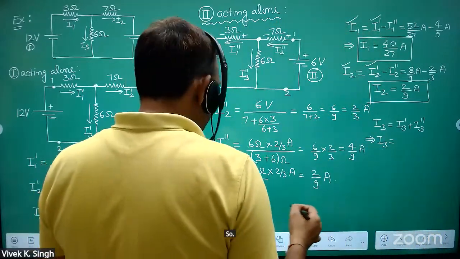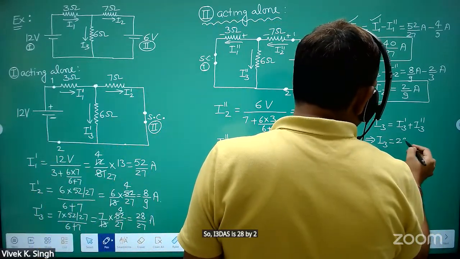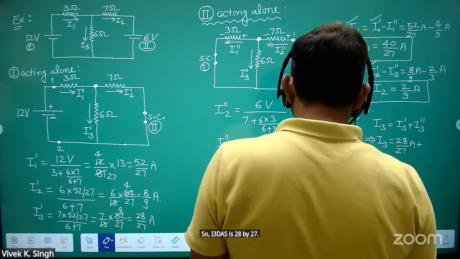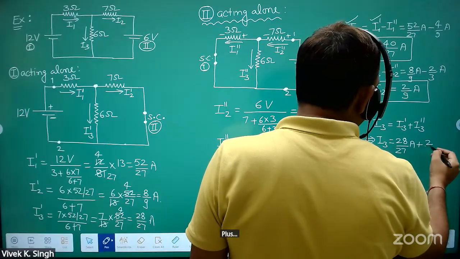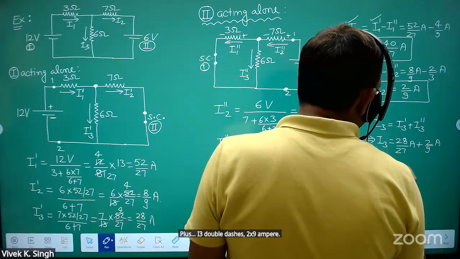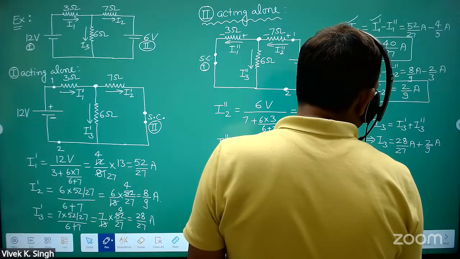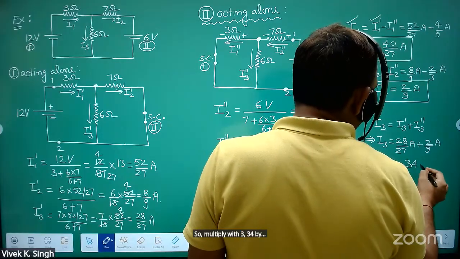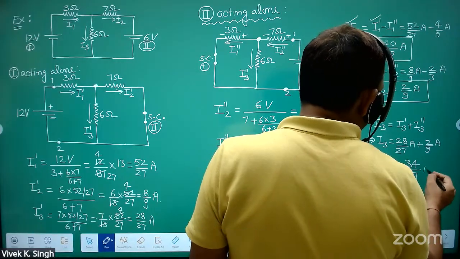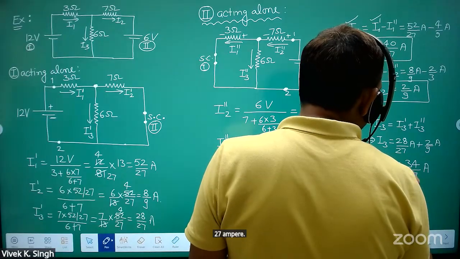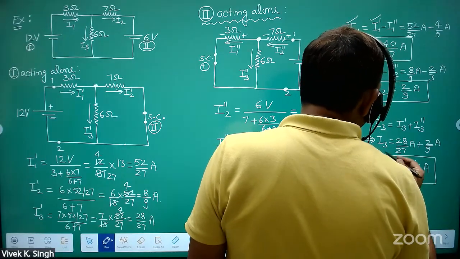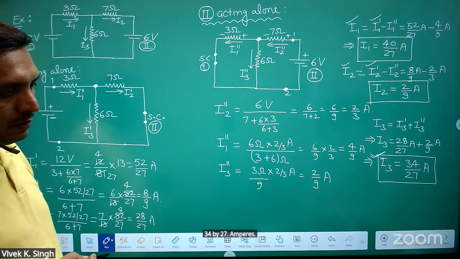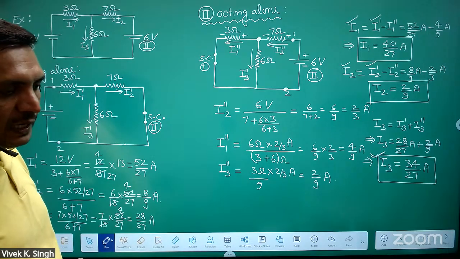So I3 dash is 28 by 27 plus I3 double dash is 2 by 9 ampere. So multiply with 3, 34 by 27 ampere. 34/27 एम्पियर। ठीक है सर।